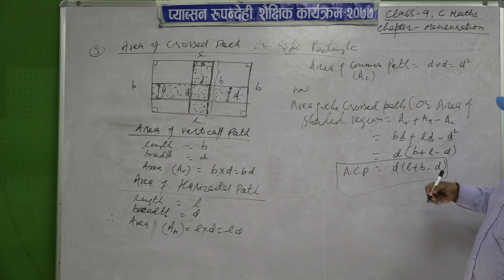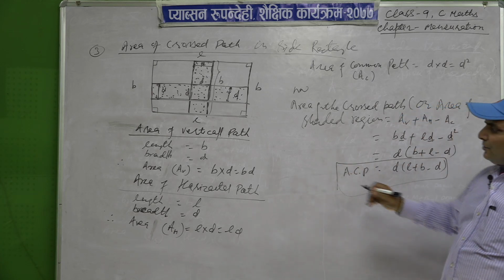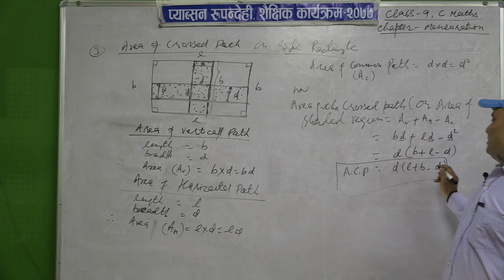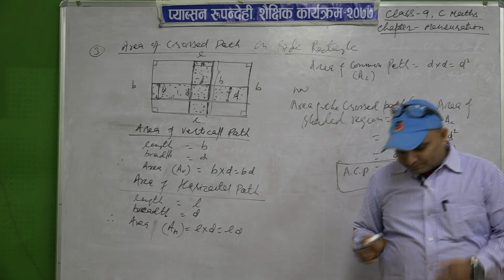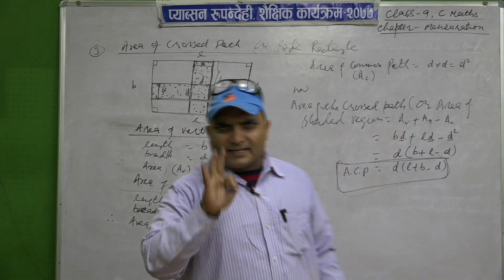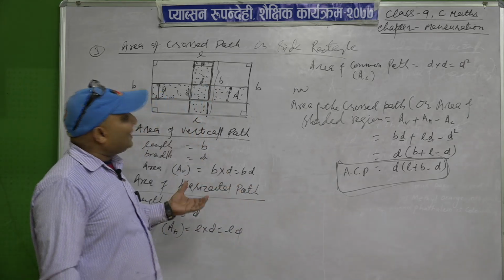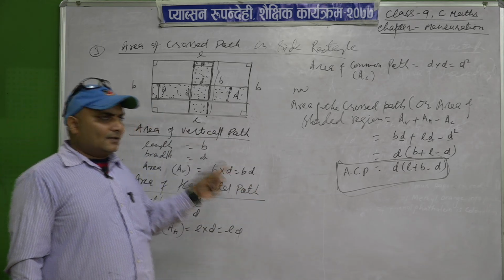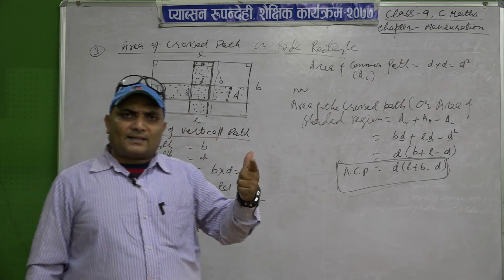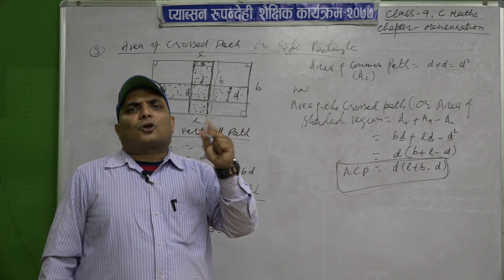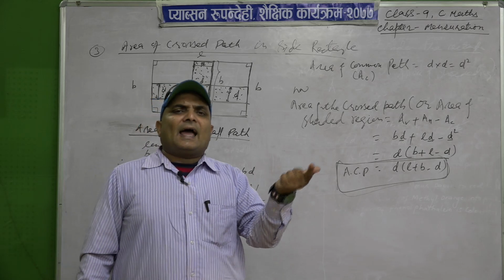So when this condition is given, we can find the area directly by using this formula. We don't need all these steps. If you know this formula, you can do it very easily. Yesterday we did three questions in detail with numbers, and today we have made formulas for those three conditions: area of path inside the rectangle, area of path outside the rectangle, and area of cross path. You have to remember these three things.